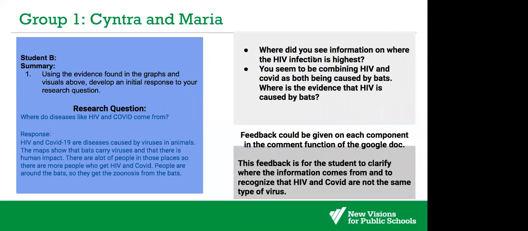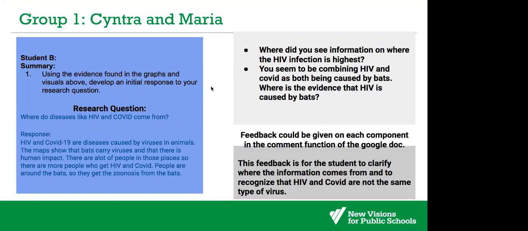Okay, I can do it. So we looked at student B and we went all the way down to the summary where the student had to use the evidence found in the graphs and visuals to develop an initial response. The research question was, where do diseases like HIV and COVID come from? And the student's response was, HIV and COVID-19 are diseases caused by viruses in animals. The maps show the bats carry viruses. There's a human impact and a lot of people in those places. So there are more people who get HIV and COVID, and people are around bats, so they get zoonosis from